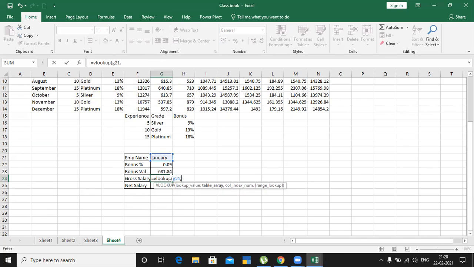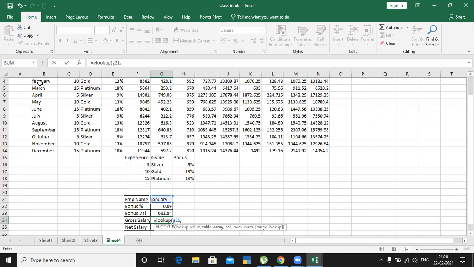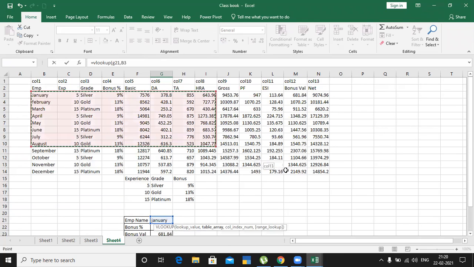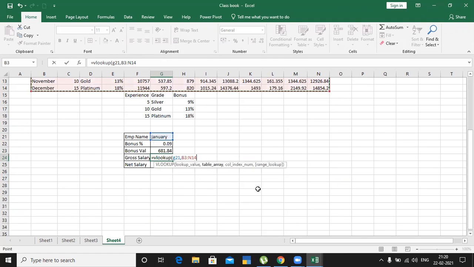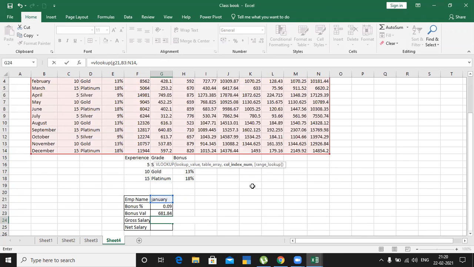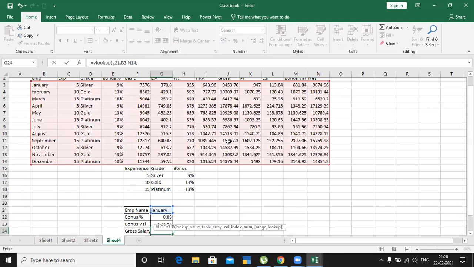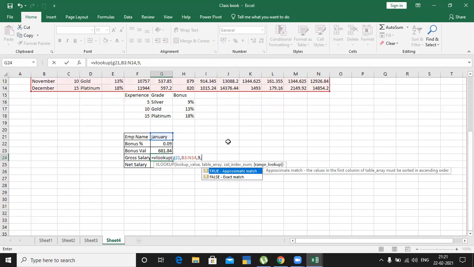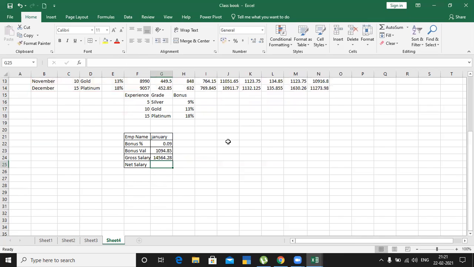If you want, or else you leave it as this. Then table array. So select the table value. This is the data area. Next, column index number is 9. Then exact match or approximate match? Exact match I will take. Close the bracket.